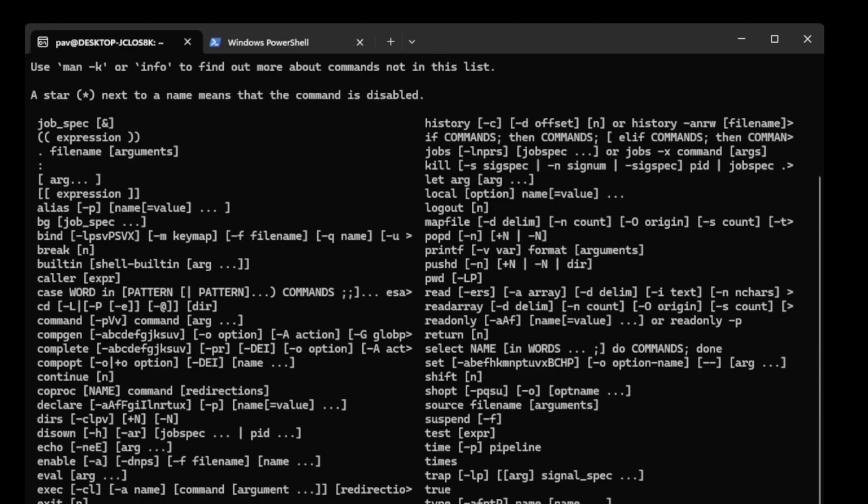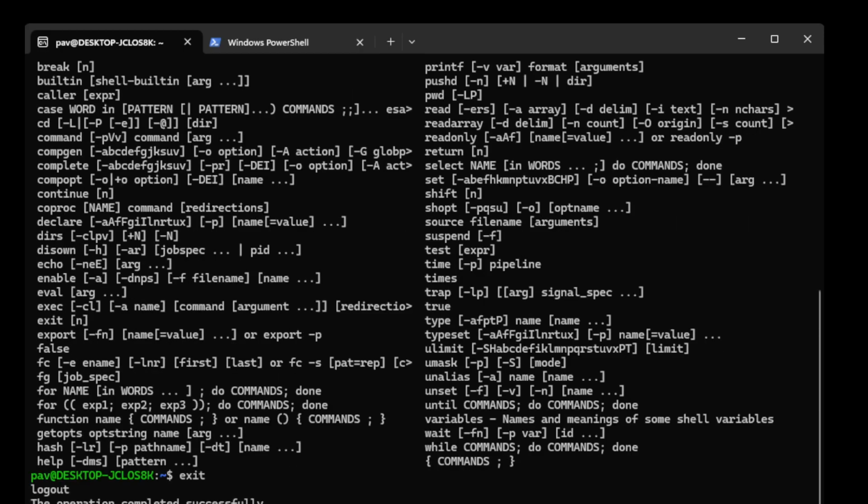So now I can go and do anything I want. So at this point I don't have anything specific to do, so I will close this using the exit command